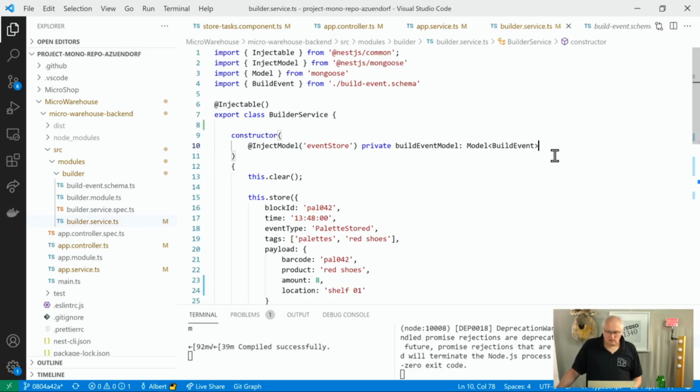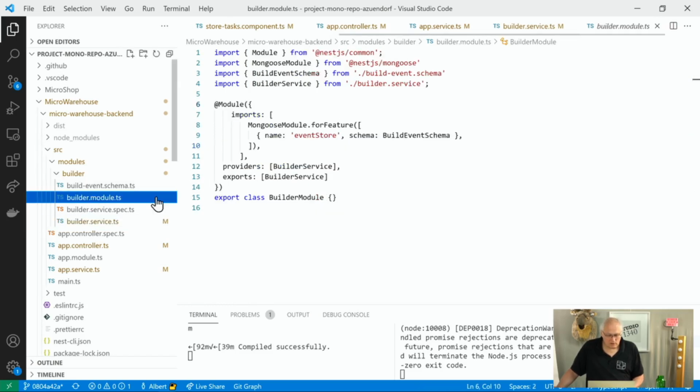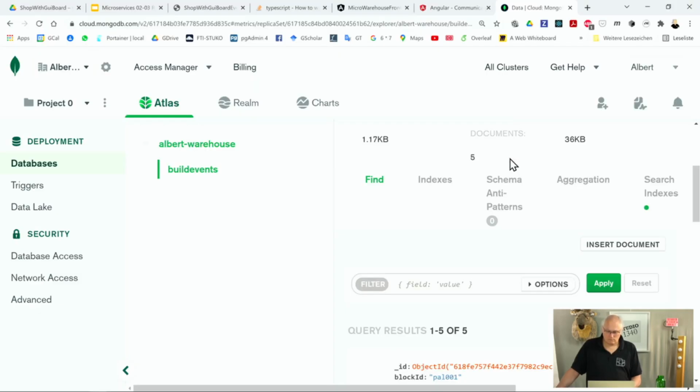Okay, and still the thing that we generate, is this fine? The event store? This name should be the same name you used in the builder module, where you define the feature. Yeah, so how do I go to the builder? I am in the builder module. We go for the builder module. There you go, there it has event store. That's just fine. To this name, we match the